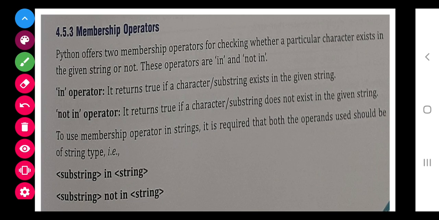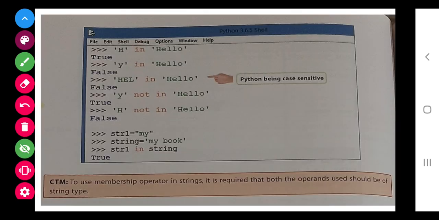Now class, membership. In, if I want to check for a particular substring within a string, I will write substring in string or substring not in string. See some examples. Y in hello, what is the result? True. Yes. H in hello, what is the result?